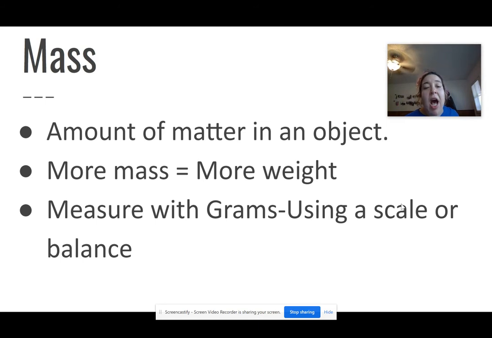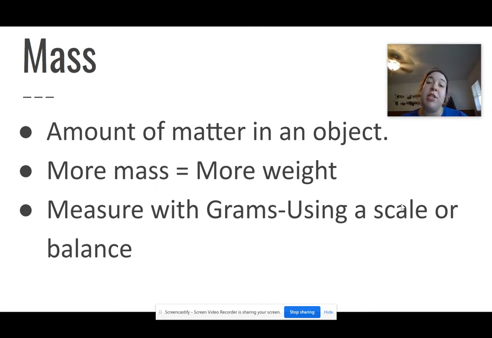Anyway, moving on. We're going to measure with grams when we measure mass, mostly because we use the metric system in science class. We talked about this a little bit when we were measuring our plant's growth. Essentially, it's easier to work with, and also that's just what they use in science. So wherever you go in a lab, they will generally be using grams. So that's what we're going to use.